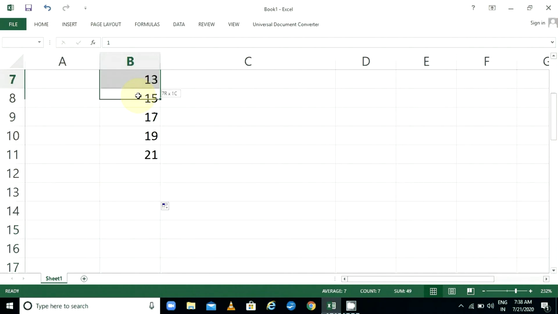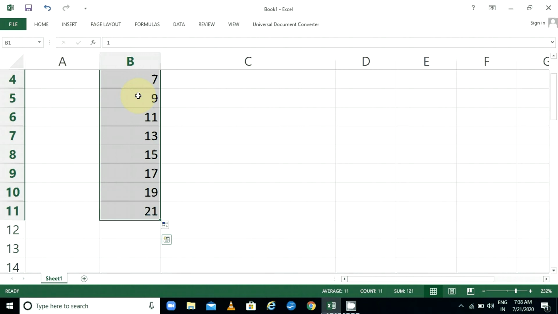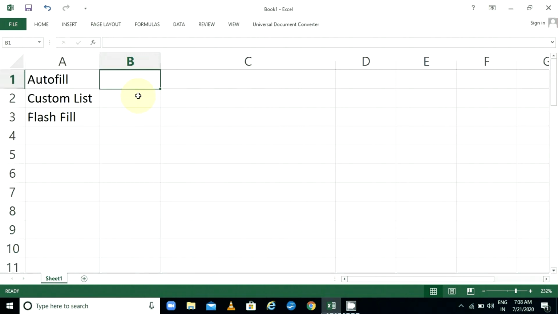Any series you want, you can try different numbers, but the condition is that first you have to type the first 2 initial numbers. Then you have to select both cells, click on the fill handle and drag it. So you will get the series. You can convert your numbers into a series easily, with no need to type all the numbers. Whenever you are preparing any Excel sheet and such numbers are required, follow this pattern and apply it in your daily work.